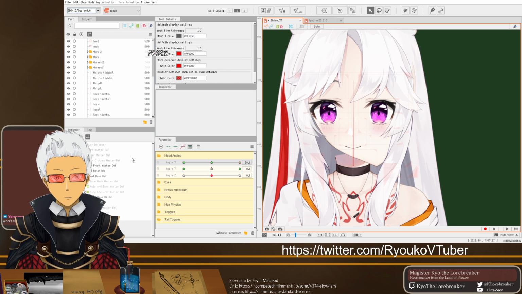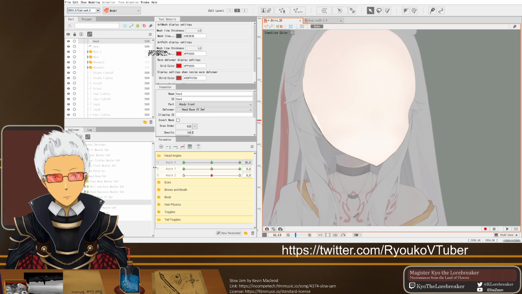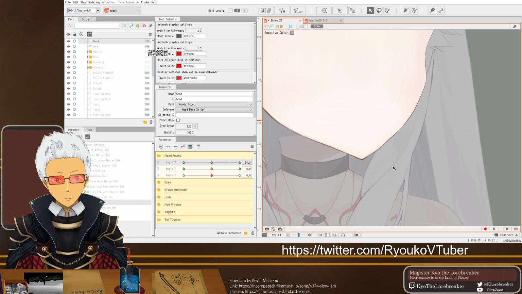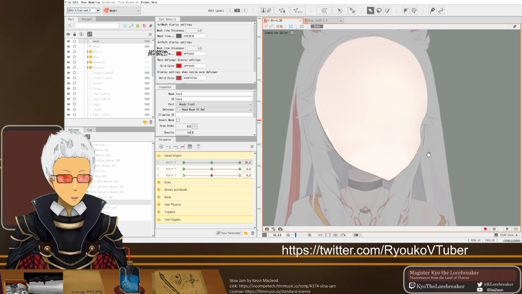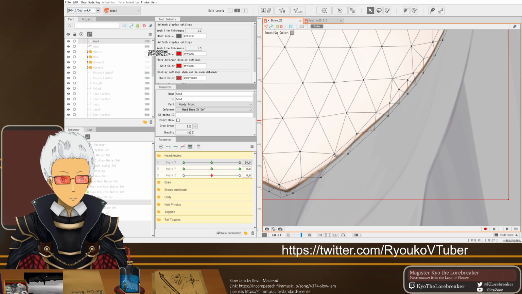Turn this off again. Just solo it. God damn it, I keep clicking off. There it goes. Right now I'm trying to make sure these lines are as straight as possible. Zooming out, they're a little crooked, so I don't like that. And I'm gonna try and bring them inward.